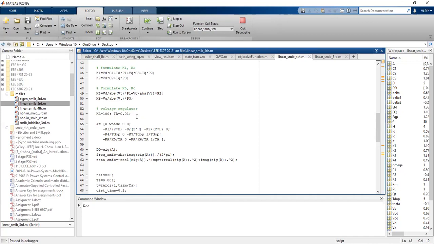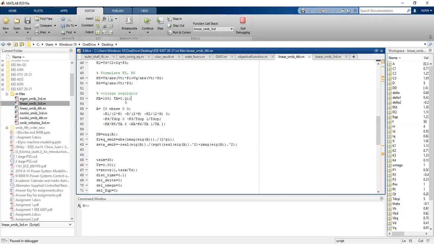Then we have arbitrarily set some voltage regulator parameters: the gain of the voltage regulator is set as 100, and the time constant of the voltage regulator is set as 0.01. These are available in the literature or even in the book. When we incorporate these values, we are able to formulate the A matrix. Now it would be 4x4. And now if we run it,